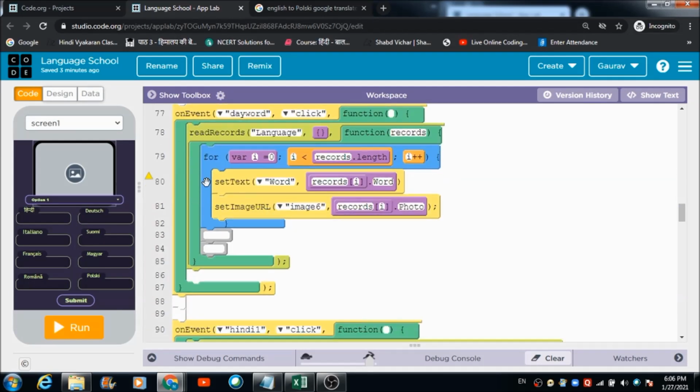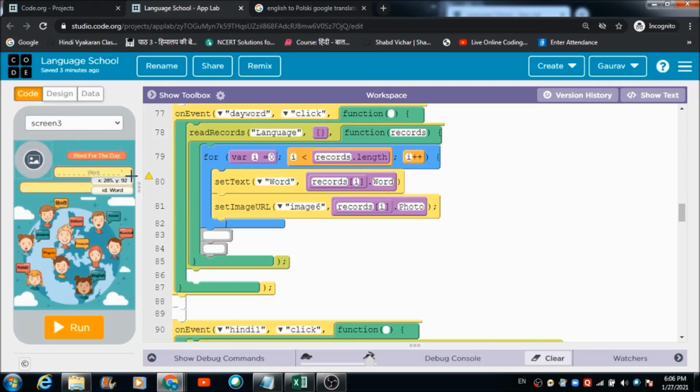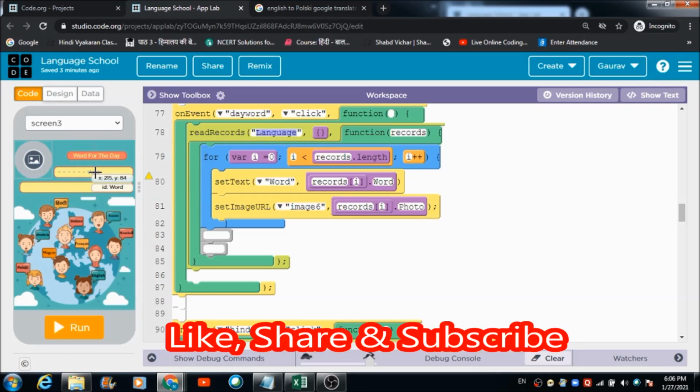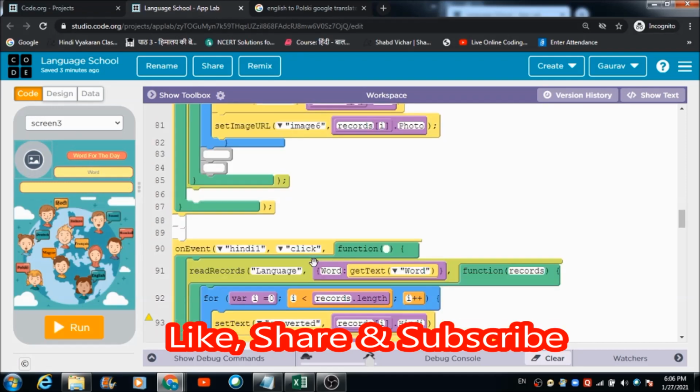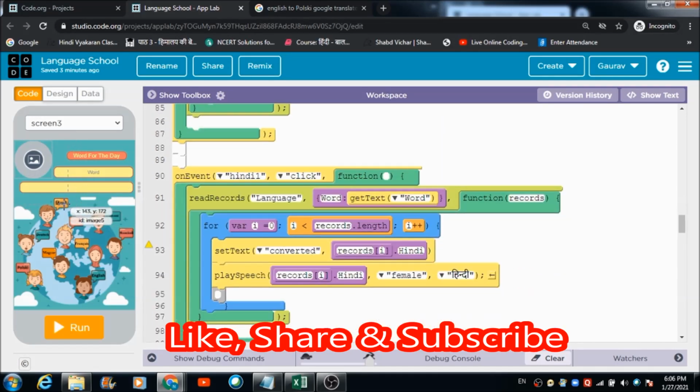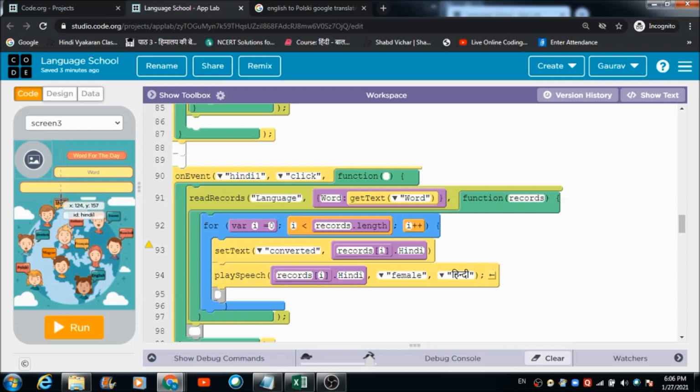And then in order to check out the word, the student has to hit this label box which I have placed right on the top of this panel, and automatically the records are going to get pulled up from this table named language, and he'll be able to see the word over here. Now when the user hits this label box named Hindi 1, this is the code which is going to get executed.